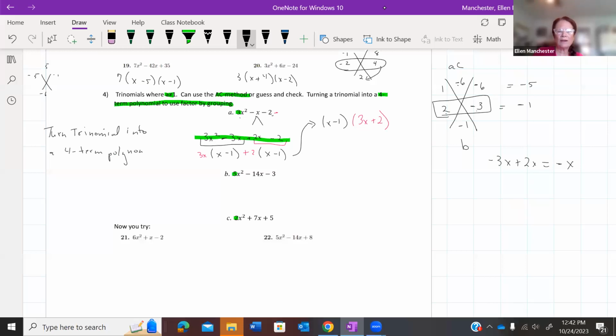And then you can use factoring by grouping, which you already know how to do. Okay, and that's the step that most people miss. This is a very important step when you're doing the AC method. Okay. Let me show you one more, and then